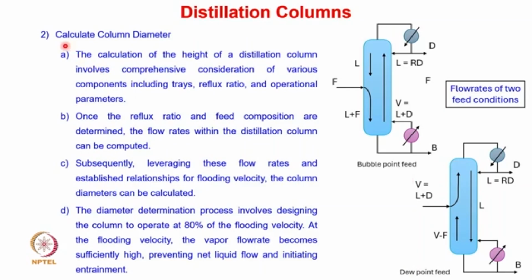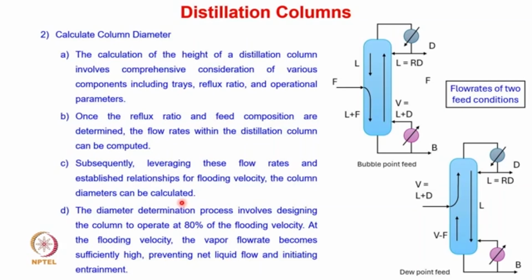So you can see that the important calculation in the distillation column is to calculate the diameter. Calculation of the height of the distillation column involves the comprehensive consideration of various components including trays, reflux ratio and operational parameters. So as we calculate the number of trays, reflux ratio, and operational parameters, we can calculate what will be the height of the distillation column. Once the reflux ratio and feed compositions are determined, the flow rates within the distillation column can be computed, and then by using these flow rates and established relationship for flooding velocity,